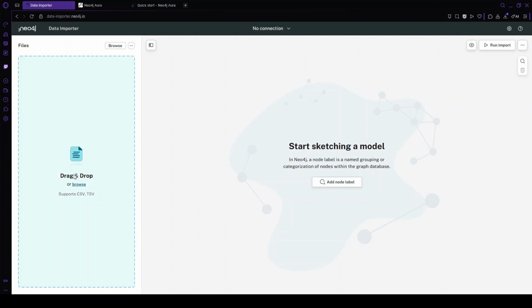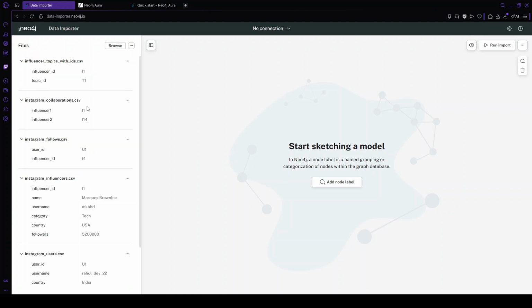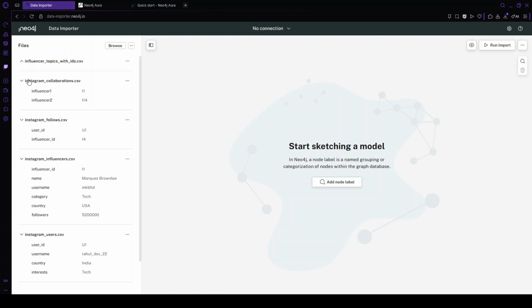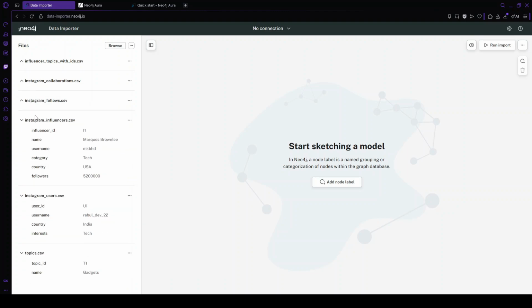So I'm just going to drag and drop, and you can see we have all our CSVs right here, which are 6 CSV files. We will start with users first, which has user ID, username, country, and interest as the